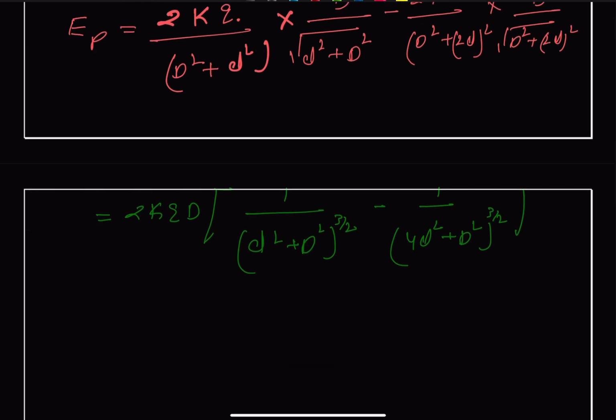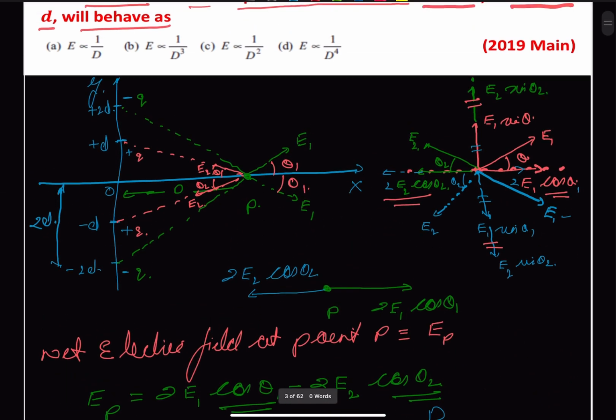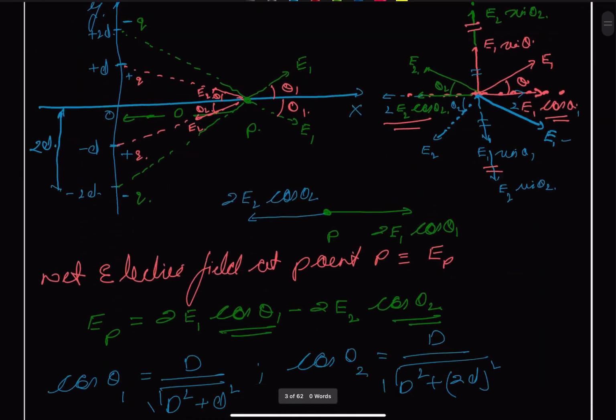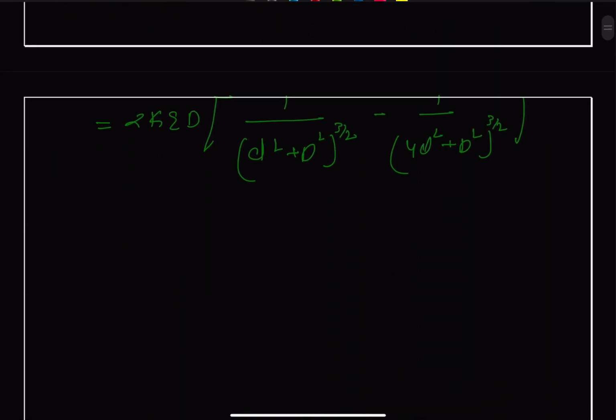We are given that capital D is very large compared to small d, therefore we can just ignore our small d, so we get this as